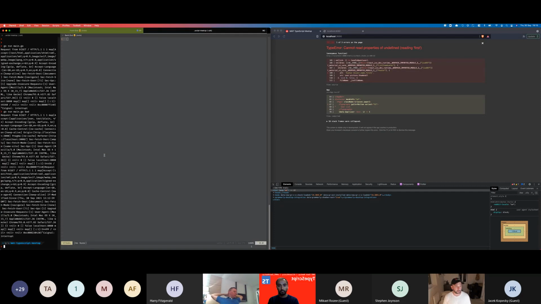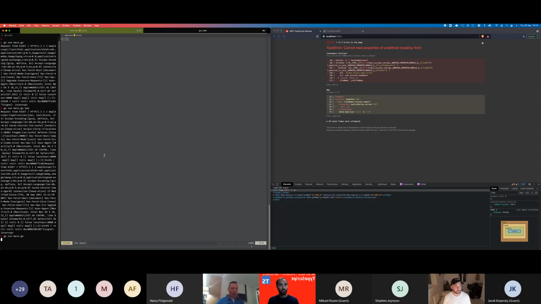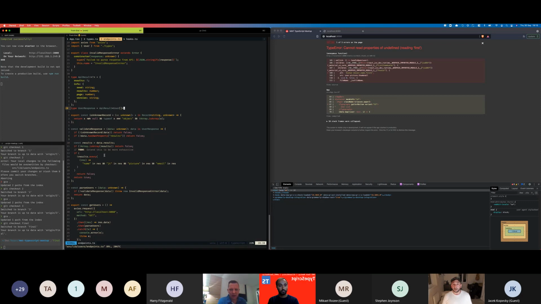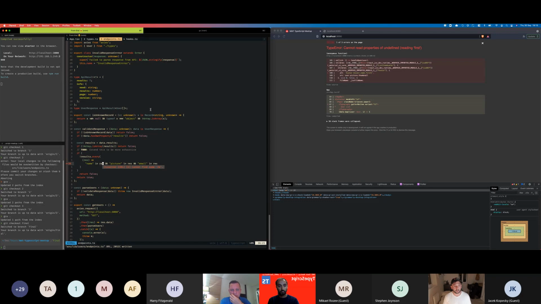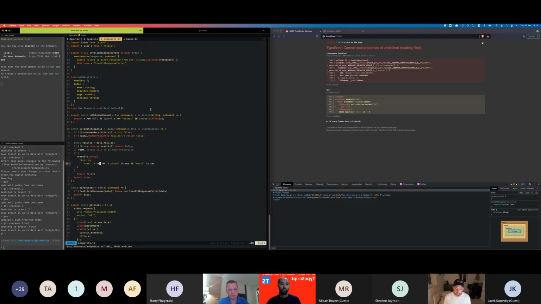Let me just stop and start the server again without the bad data. I'll shoot through this, and I do apologize. It looks very convoluted, and that's largely because it is. I didn't clear this. What we have to do is create what's called a type guard, and this is for anyone who's done any sort of JavaScript programming.